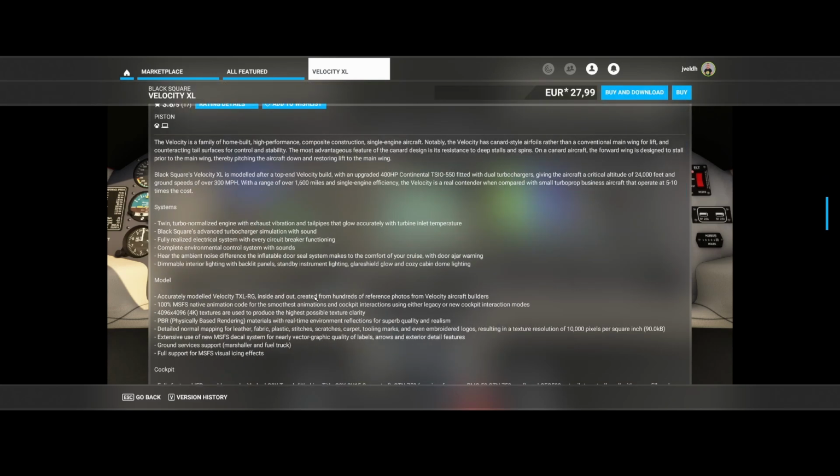Because they add some more steps here. The twin turbo normalized engine with exhaust vibration and tail spins. Black Square's advanced turbocharger simulation. Fully realized electrical system with every circuit breaker. Complete environmental control system with sounds. You can hear the ambient sound difference. The inflatable door seal system adds to the comfort of your cruise, with door ajar warning, dimmable interior, and then